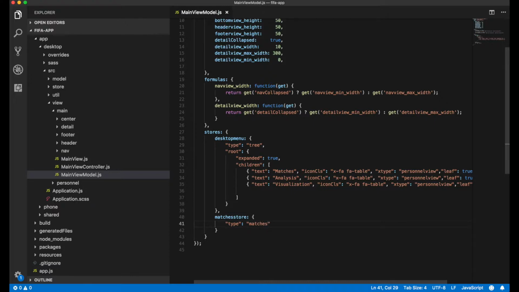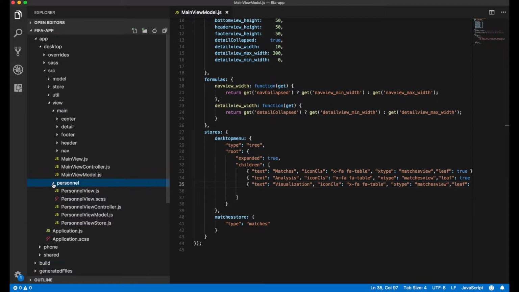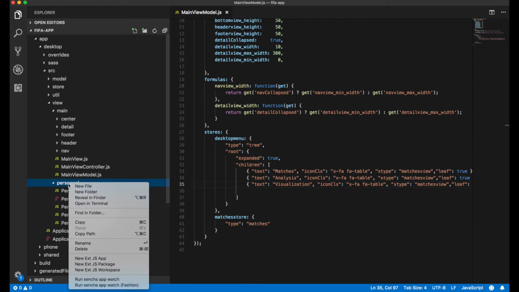And one more thing that we need to do here is to change personal view. Now we will use not personal view but matches view that we will create just in a second. So as far as we are in this file, let's just rename it right now, matches view. Yeah, and all other tabs now have reference to the same view, so let's leave it like it is and save. Now we need to replace personal view with matches view, so let's rename folder first